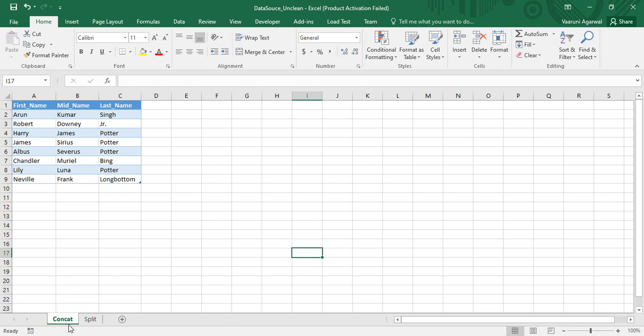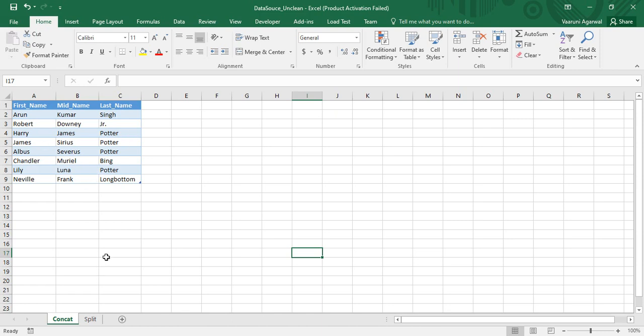So if we take a look at this concat worksheet, we have three columns. The first column is first name, the second column is mid name, and the third column is last name. I have got 8 entries of different names like this over here.